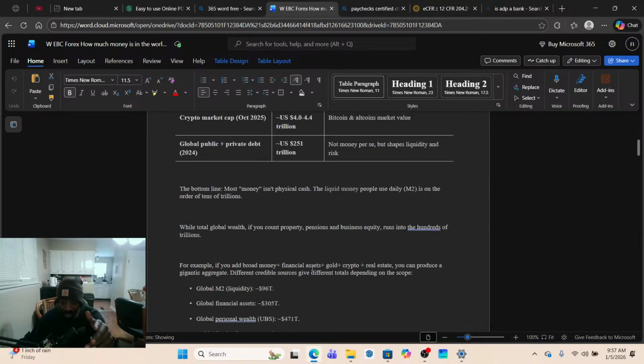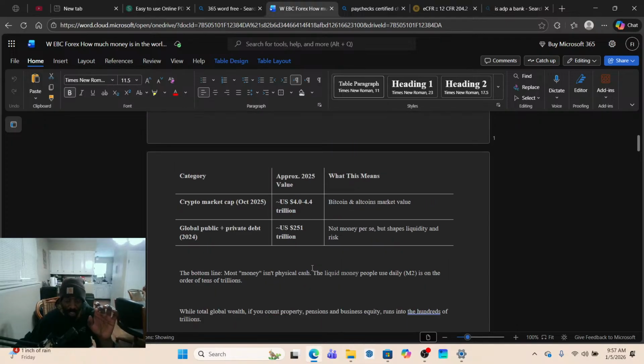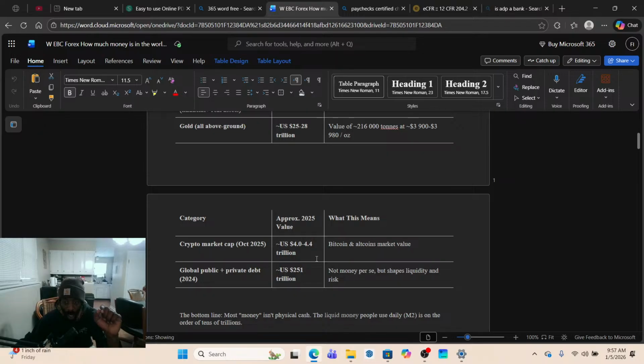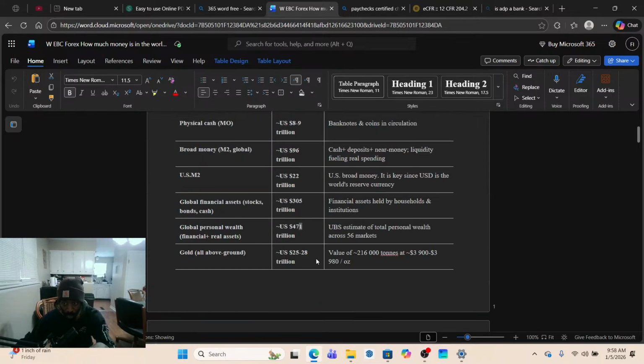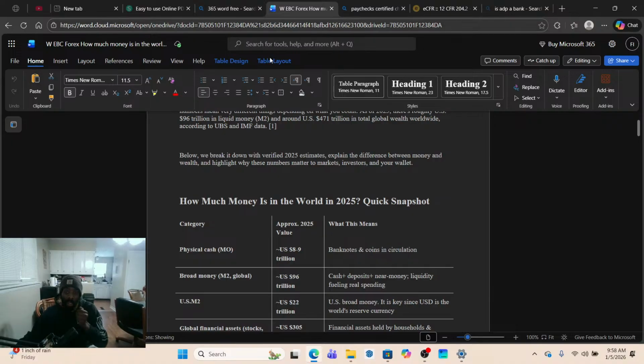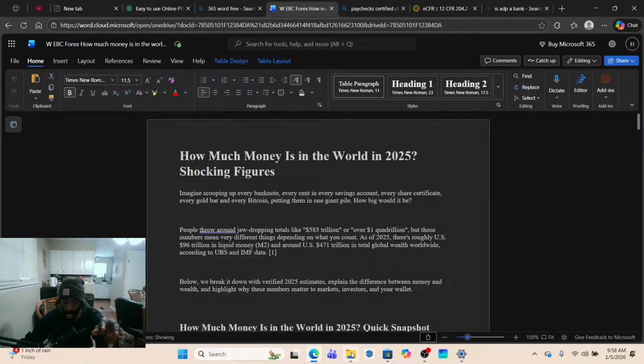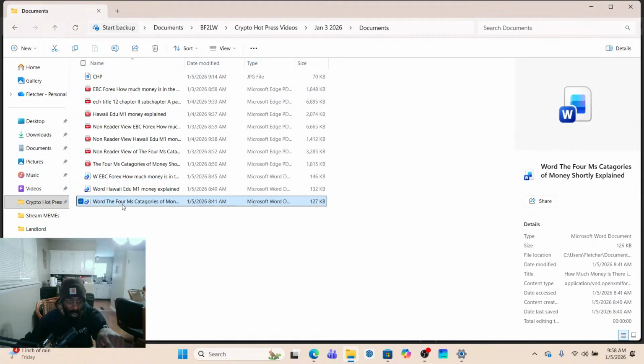Granted, this is talking about money from M0 to M3, but there is a substantiated difference between 123 trillion liquid cash and almost quadrillions of money being moved that they're not talking about. So in essence, you want to keep pulling in 3 minimum different sources. This actual document came from, so when you go to find it, this is the importance of doing it.